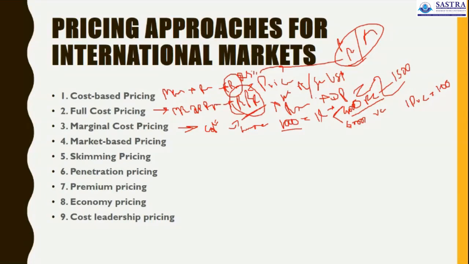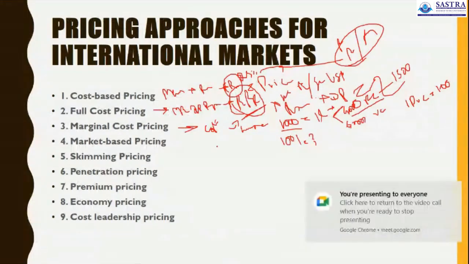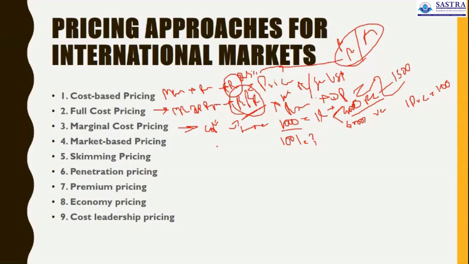If the organization is going to produce one more unit, the 1,001st product, what would be the cost? That is what we call the marginal cost. What would be the change in the cost? It comes to 99 rupees 90 paise, or 95 paise, so a lower cost may be incurred. So why are we going for marginal cost based pricing? It reduces the cost and maximizes the benefit to the organization.